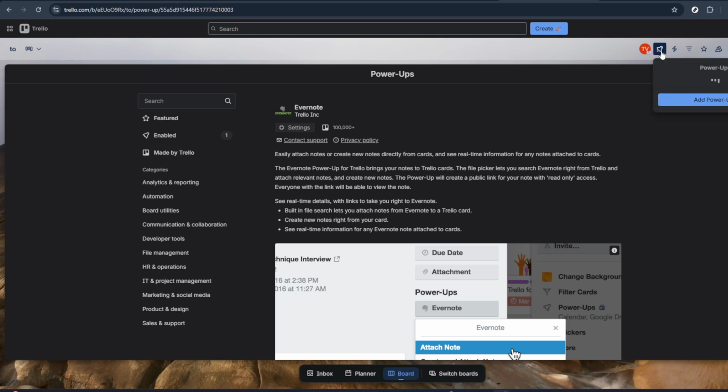On this Evernote Power-Up page, you'll see an option to add it to your board, typically labeled Add. Click on Add. Trello will enable